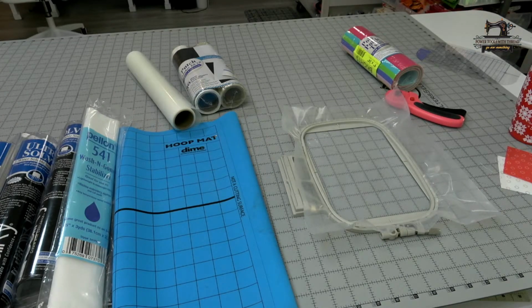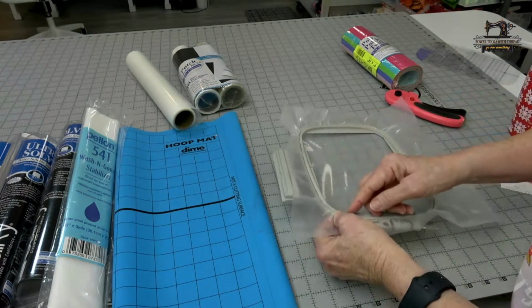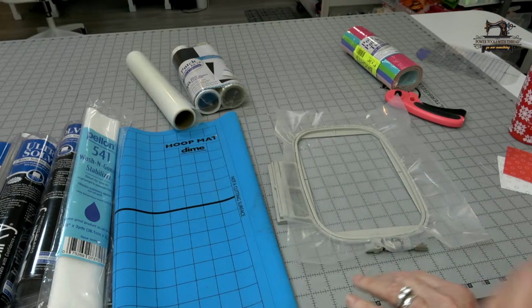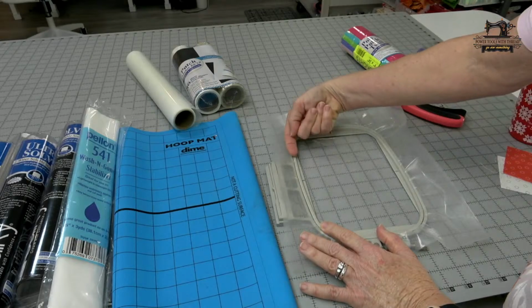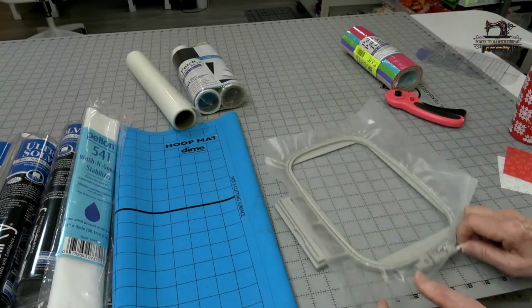I don't know where they are, you guys. I haven't done it in so long. But essentially what you do is you take a T-pin and you kind of weave it in and out flat on the side. And when you weave it in and out flat on the side, just go in and out a little bit and lay the T-pin so that the head of it is across both pieces of the hoop. And that's going to make sure